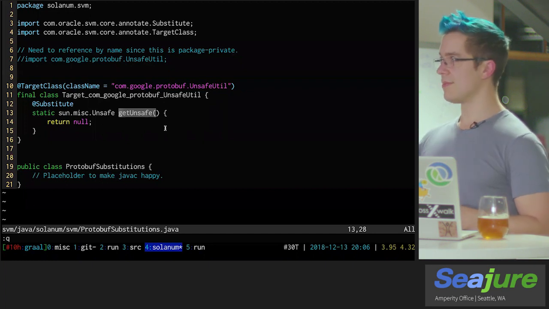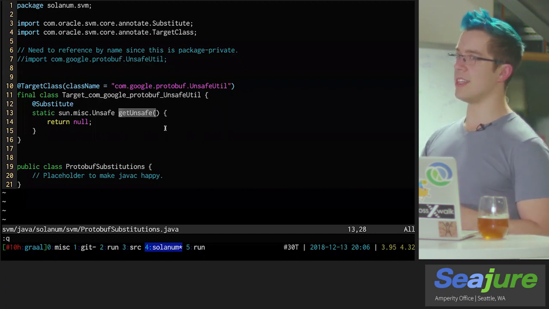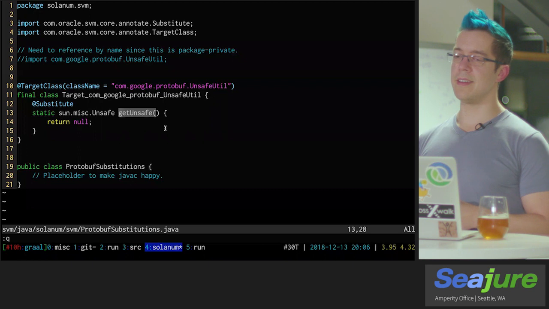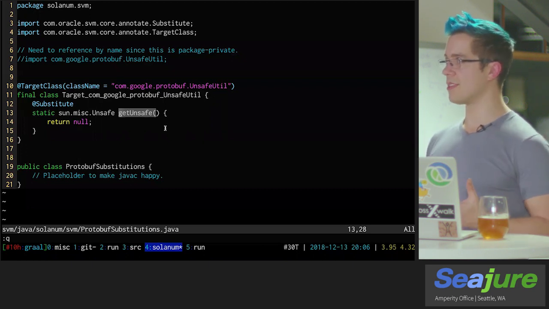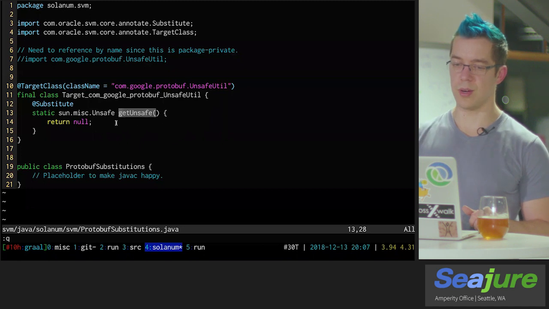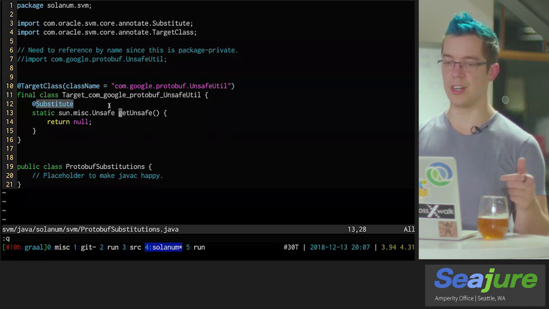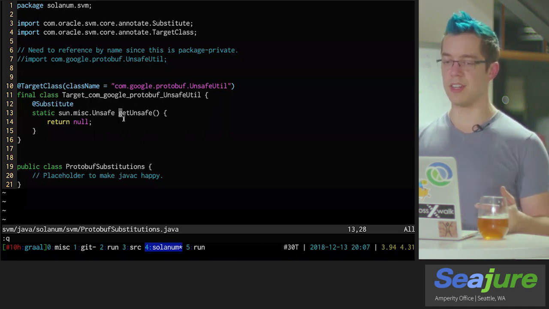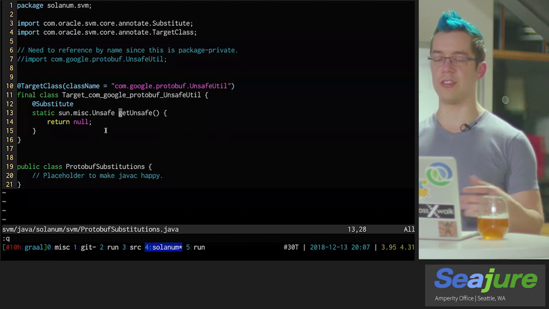And there were like, I don't know, 50 to 100 of these errors. And again, this doesn't need to be super high performance. I just want it to work. So the simple solution here was to use the substitute feature to actually replace the definition of this getUnsafe util to always return null. And that was enough that Graal could trace through the code.